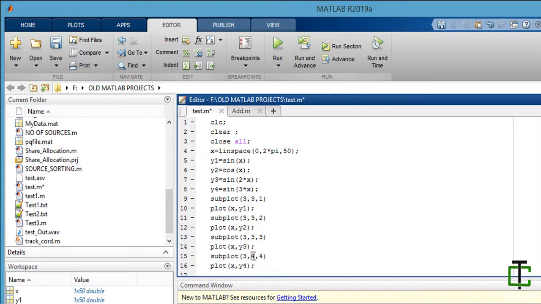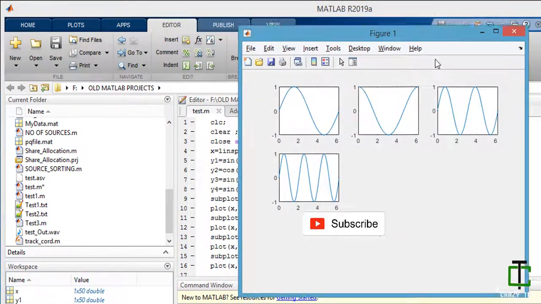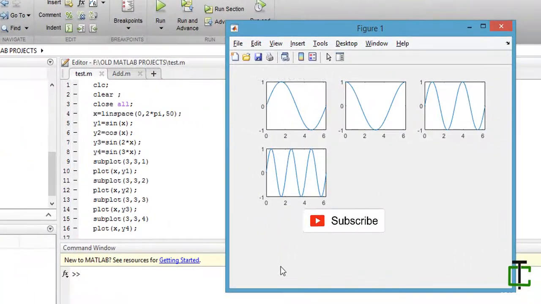It's a 3 cross 3 plot, so it requires 9 such plots for displaying, but I have only 4 sinusoidal waves to display. So let's see how MATLAB is going to arrange these plots. You can see here, it creates a 3 cross 3 matrix inside this figure 1, but I have only 4 figures to show.